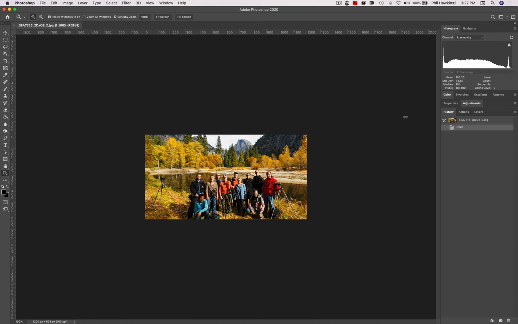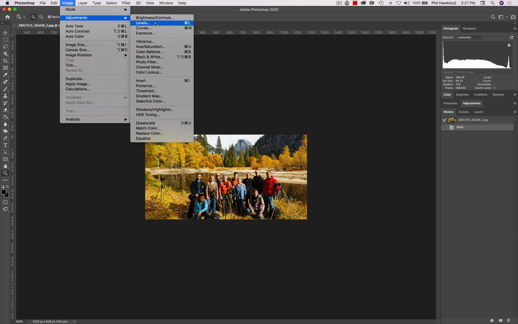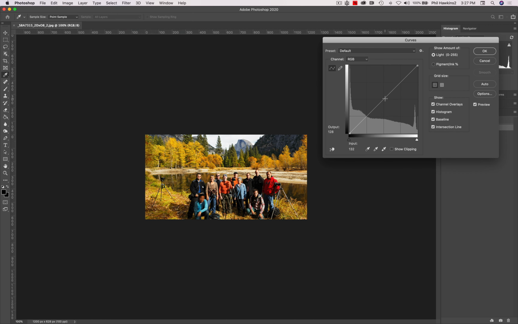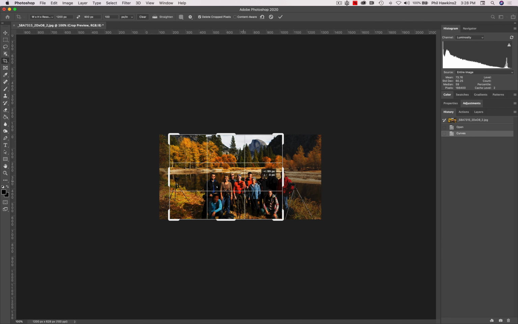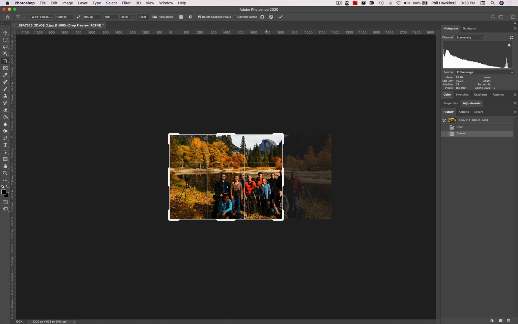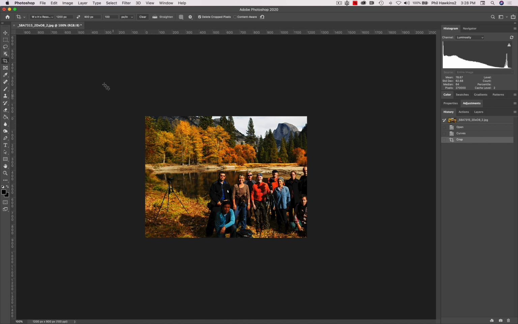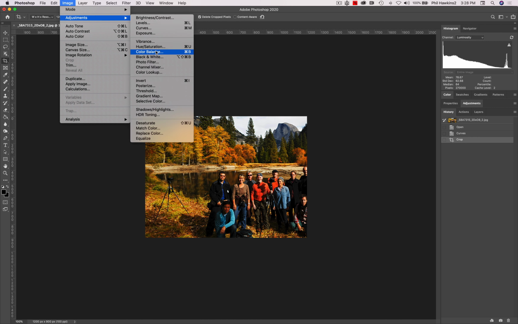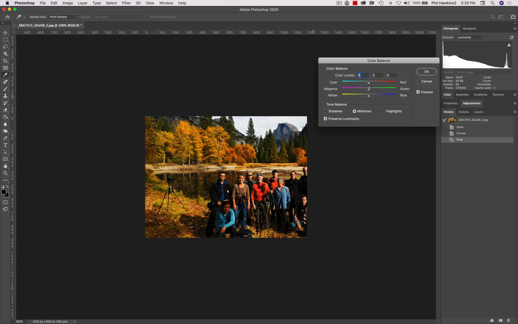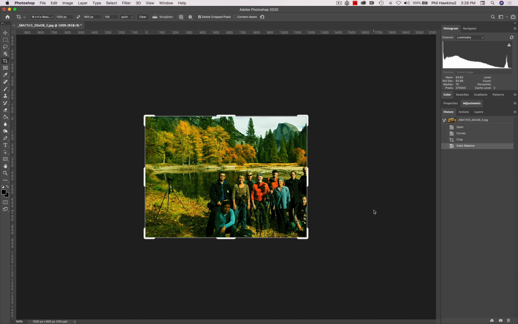I'm going to go through and make some adjustments on this image. Don't worry what I'm doing or how I'm doing it. I'm only doing it to demonstrate this history panel. All right, so I'm going to darken this one. And then I'm going to come in with the crop tool, and let's make a mistake on the crop tool, and let's put that crop tool right there, and I'll crop it this way. And then I'll come up to the image, adjustments, and go to color balance, and let's say I make a really bad mistake and I put too much green in there, and hit OK,